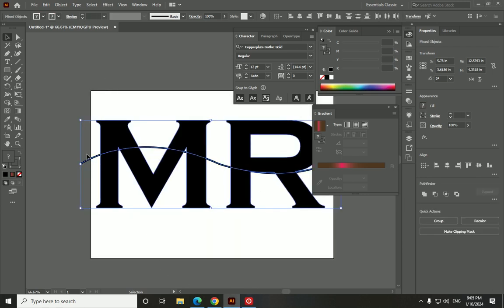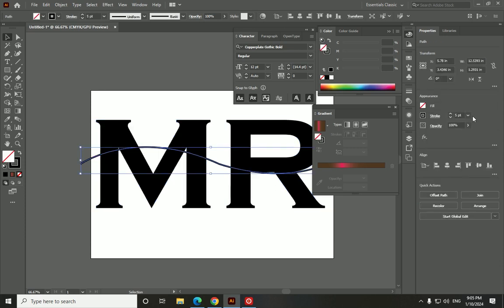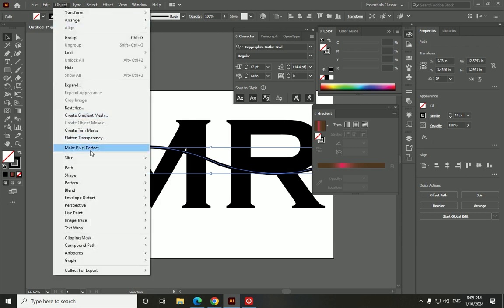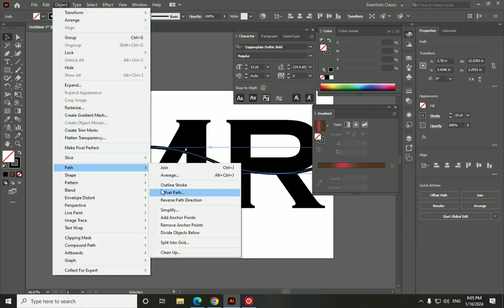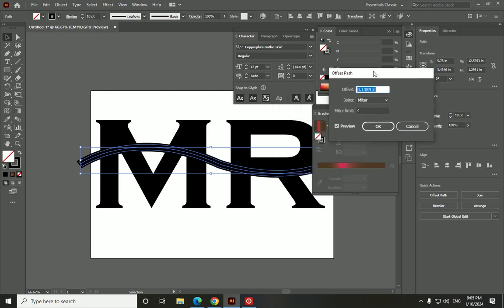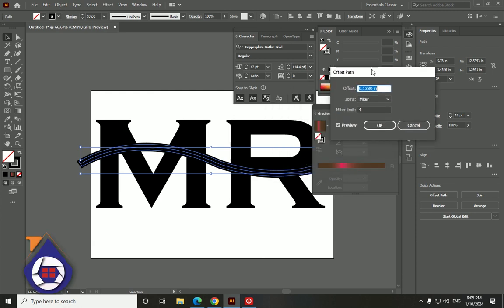So increase the size of the stroke color, just click on it and go to Object, Path, and Offset Path. In Offset Path, you can add 1, 2, 3 and more lines